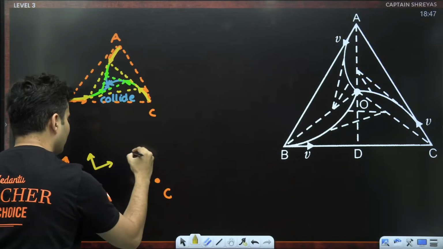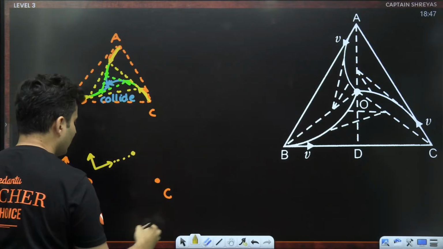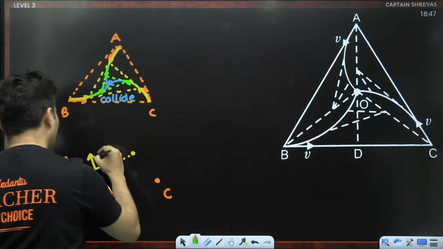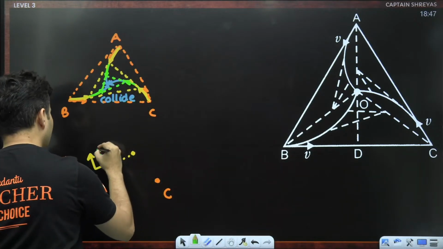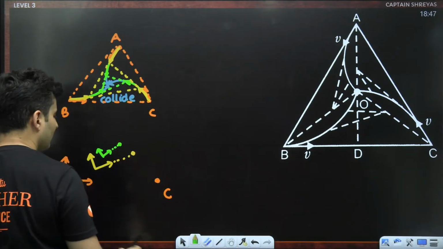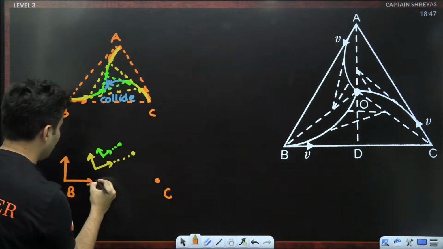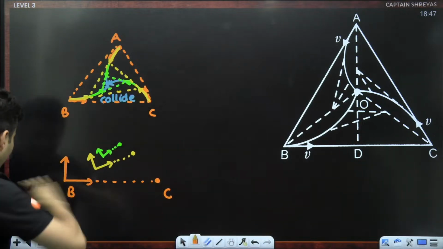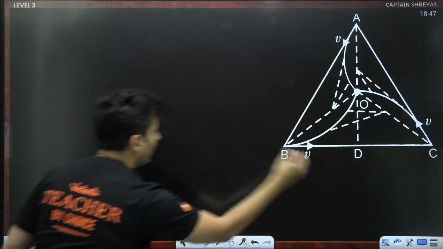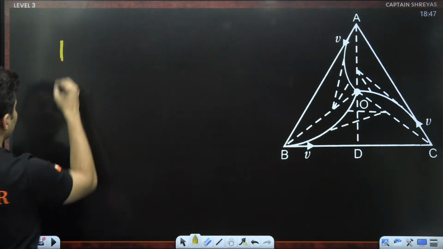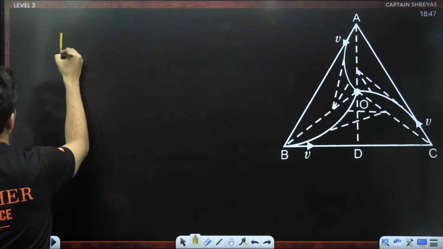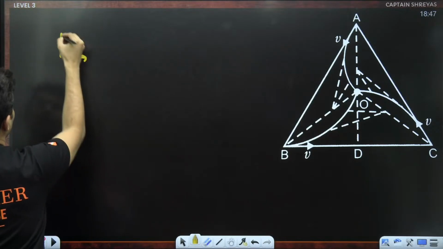After some time, C will come over here. After some more time, the frame of reference would have been tilted more, and then C would be here. Doesn't matter, guys, which instant you consider, at any random instant,